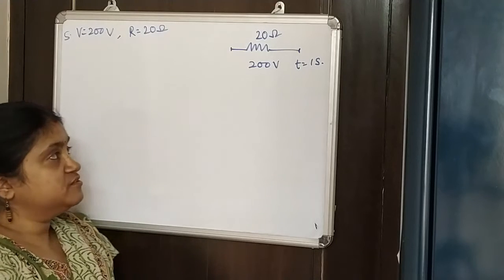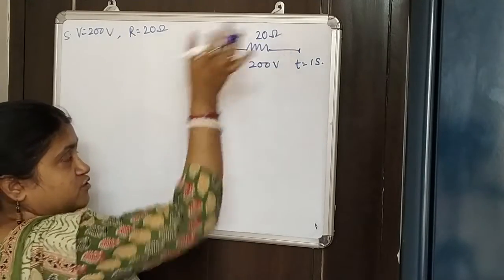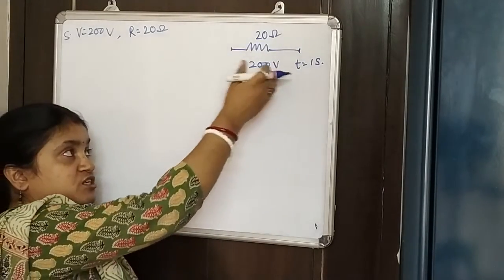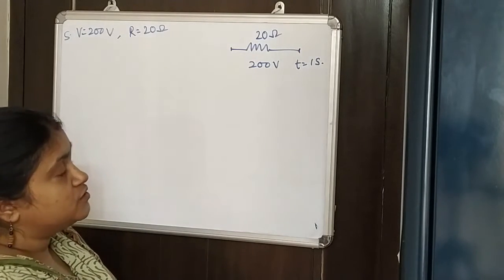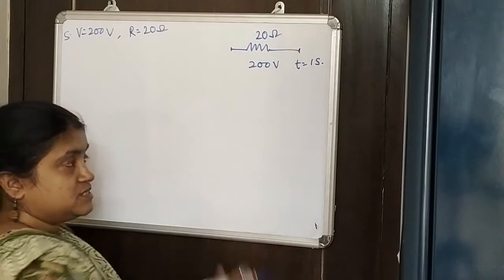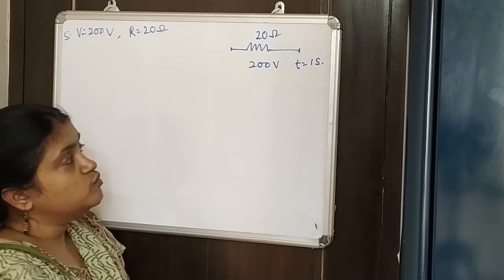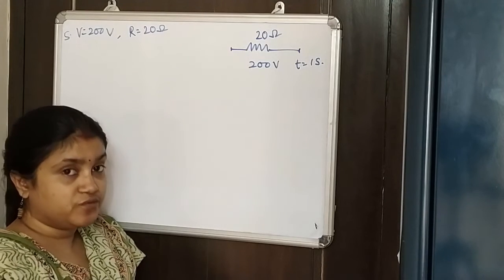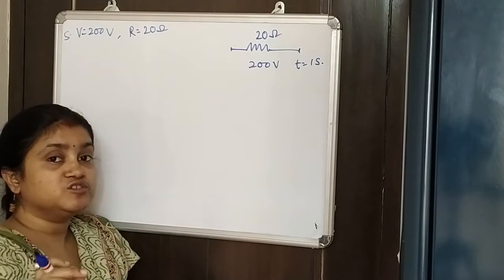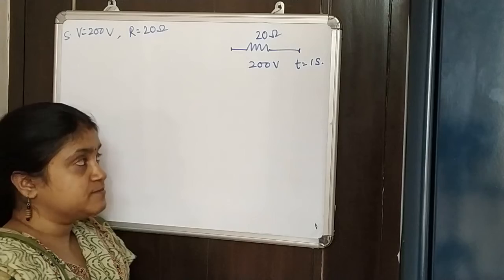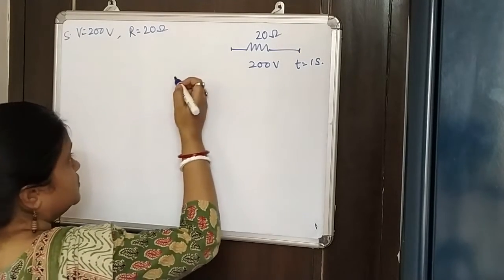Now coming to the fifth numerical, it is said that across a resistance of 20 ohm, a constant potential difference of 200 volt is maintained for a particular time t, that is 1 second, and we need to find how many electrons would flow. Mind you, they didn't ask how much charge would flow, they asked how many electrons would flow through this. So first we need to find